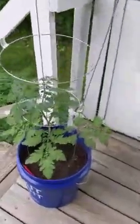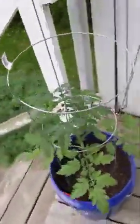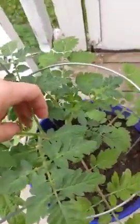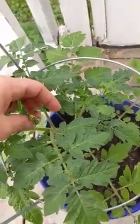And over here is the Sky Super Sweet 100, and this is one of the first ones that I started, and as you can see, I'm gonna get some cherry tomatoes off of that soon. Alright,